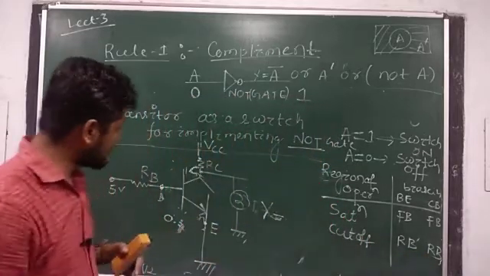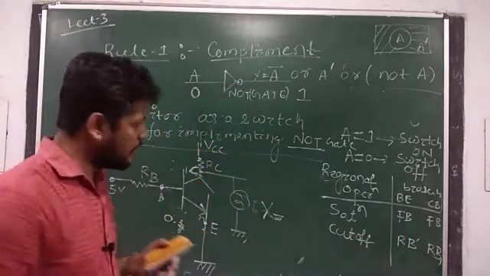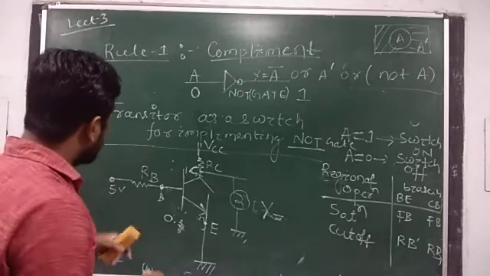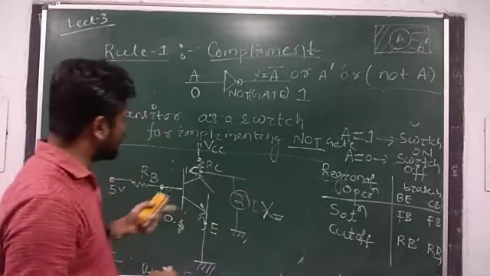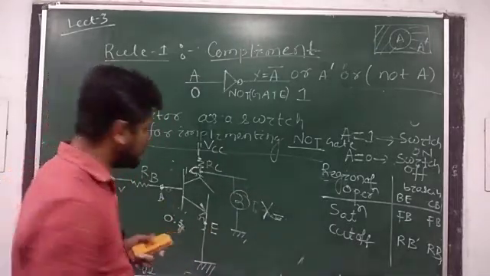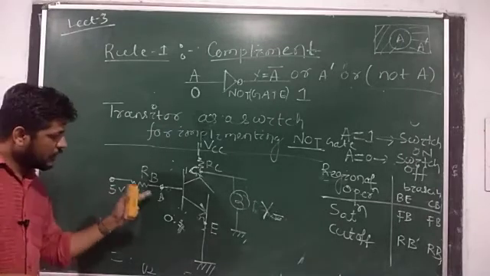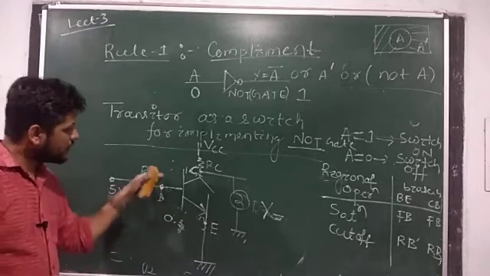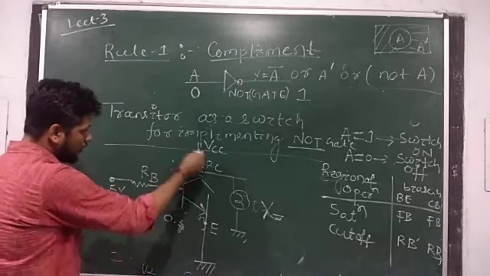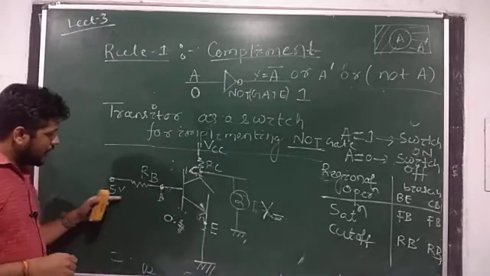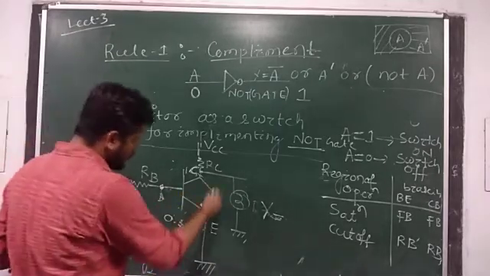We will study about this in a chapter called logic family in a detailed manner, that is how to design this circuit. Here I am just showing you how that switching logic I just explained is implemented by using a transistor. So here I am applying 5 volt. Obviously we need 0.7 volt to turn on this diode, and 0.7 volt to turn on this collector base junction diode. That means forward biasing both the diodes. I am applying 5 volt, that is obviously greater than 0.7 volt. Hence this transistor will be on.